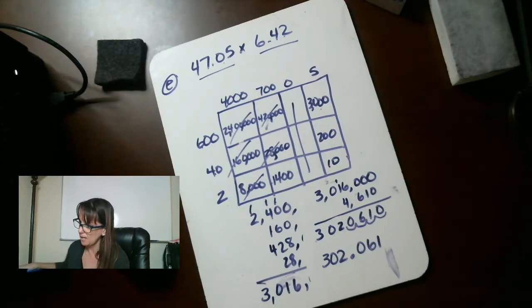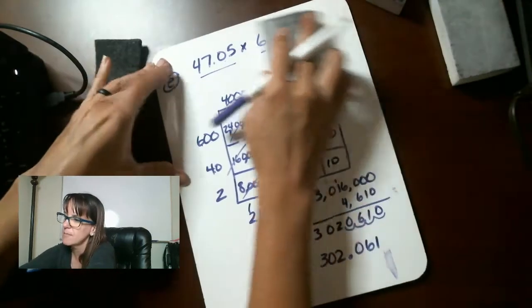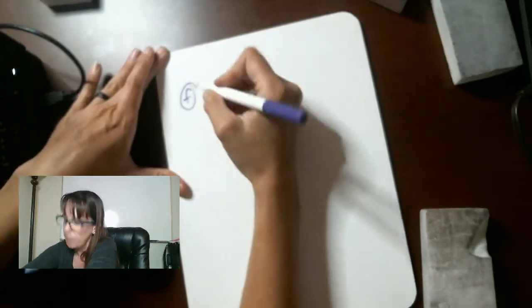Okay, so then we've got one more. All right. So for F, we have, oh, accidentally used a wet eraser. Sorry, guys. All right. So for F, we have